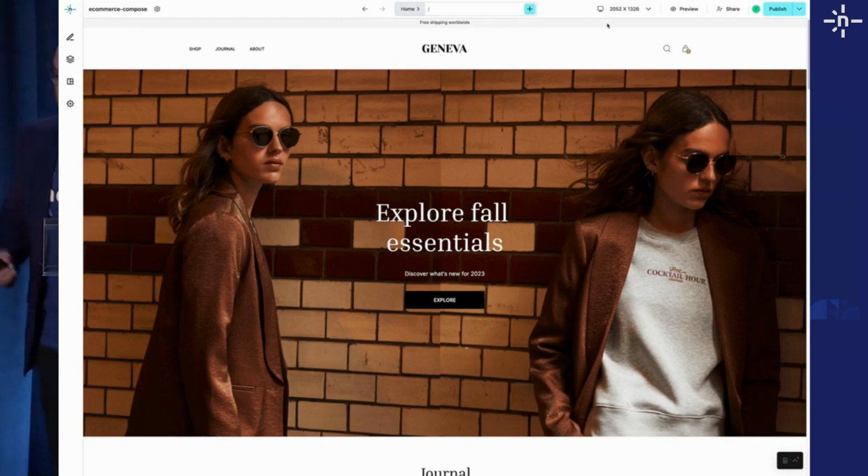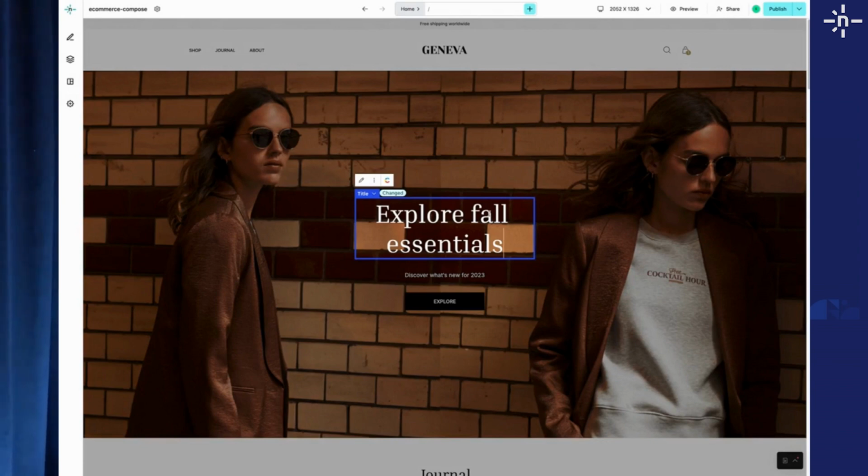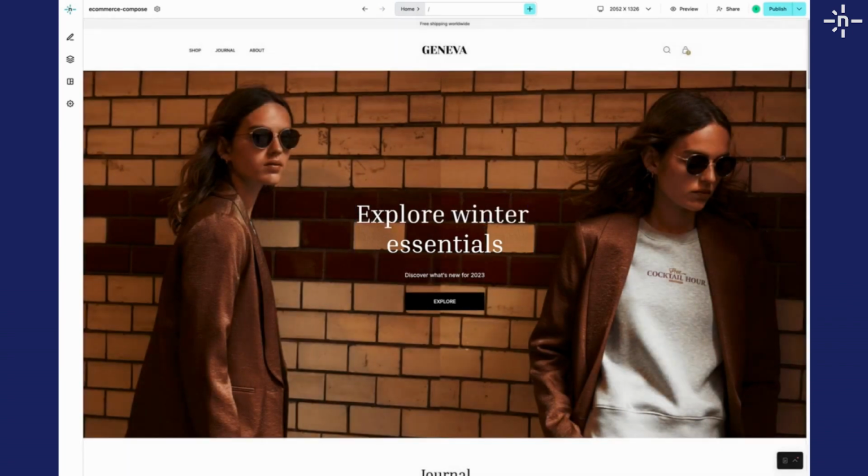All right, so what we're seeing right here is the Create UI on the top and on the left, and I'm going to start making changes. I can simply click in and I'll notice that this content is coming specifically from Contentful. Now, I don't have to go there. I can just, on the page, change fall to winter,